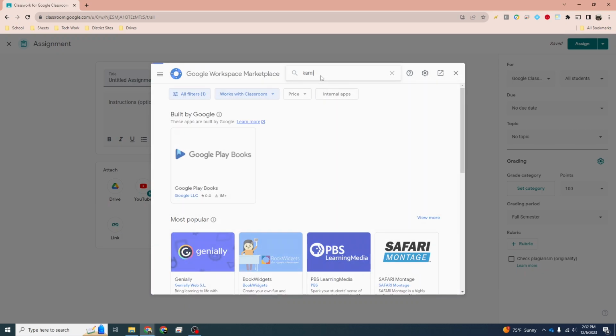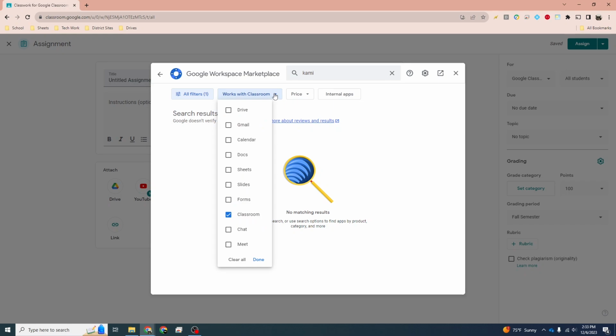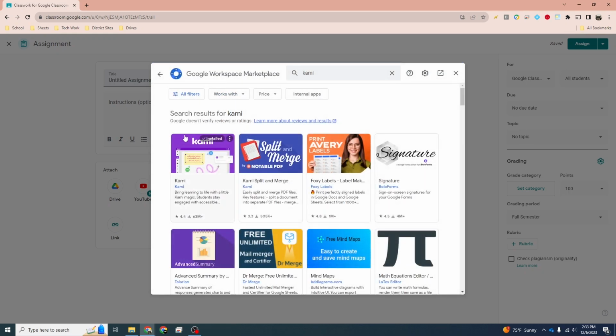Sometimes there are add-ons that don't show up in the search results, like Kami, for example. If you notice an add-on does not appear, go to the filters at the top and clear them. By default, it's set to Works with Classroom. But as you can see, now the Kami extension appears once I remove that filter. Then to install it, click on Kami, press that install button, and then Kami is now part of your Google